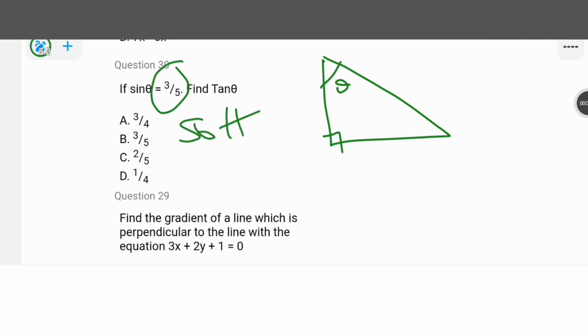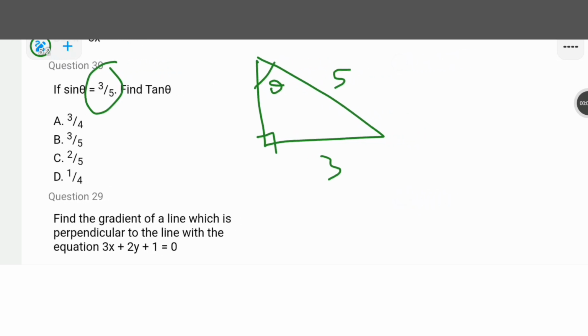opposite over hypotenuse. So that's 3 over 5. Opposite is 3, hypotenuse is 5. So this place will be 3, hypotenuse will be 5. So you just need to find this particular part here. This part here, x. So this part from Pythagoras theorem is supposed to be 4,